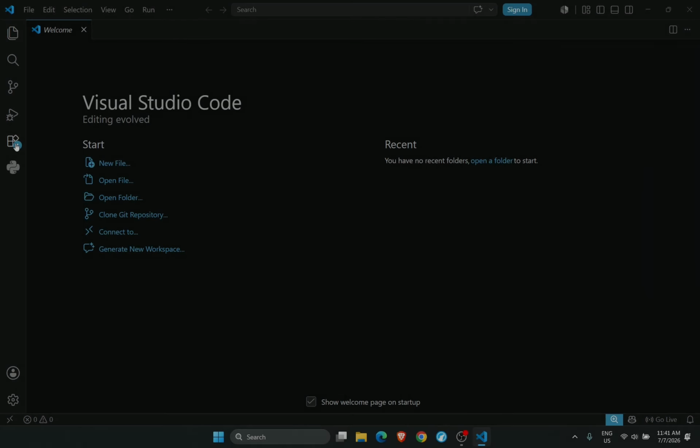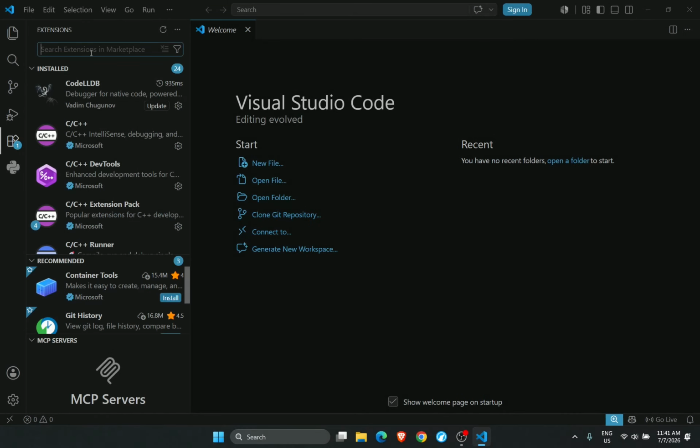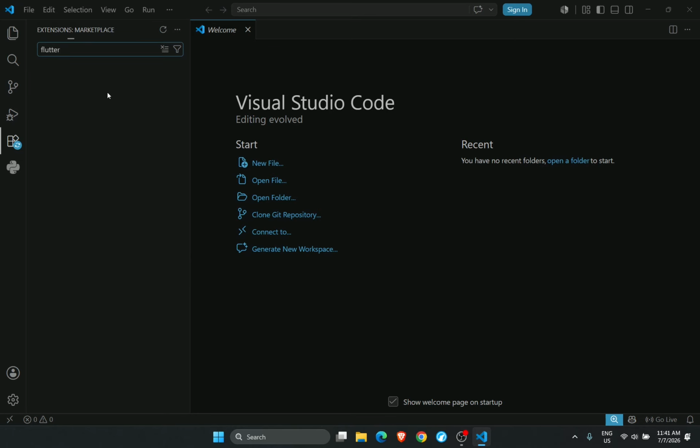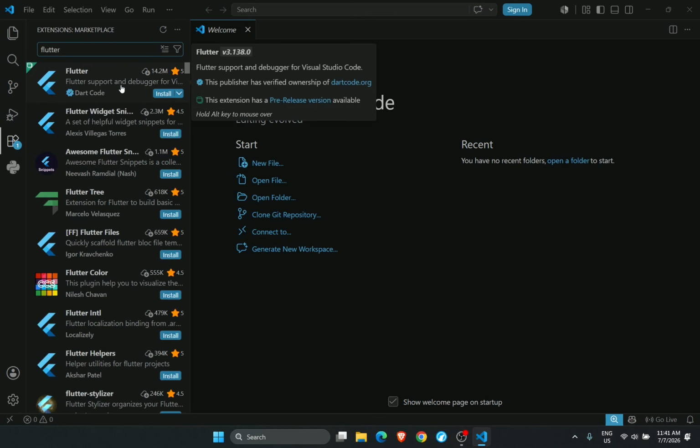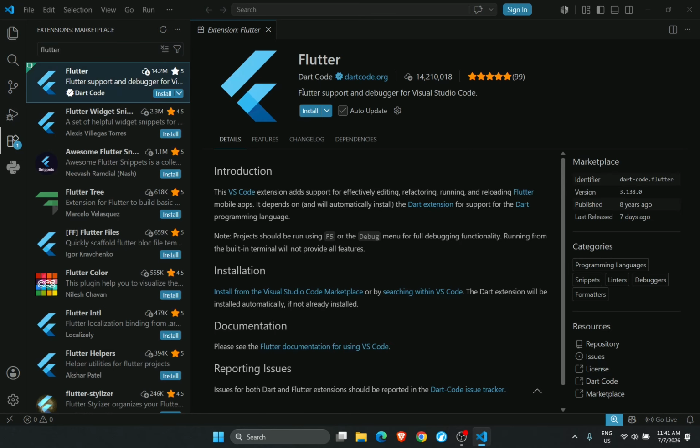Alright, so let's go into extensions and search Flutter. And you're going to find this Flutter support and debugger for Visual Studio Code. And it's from the official developers. Okay. Hit install. And I also want you to